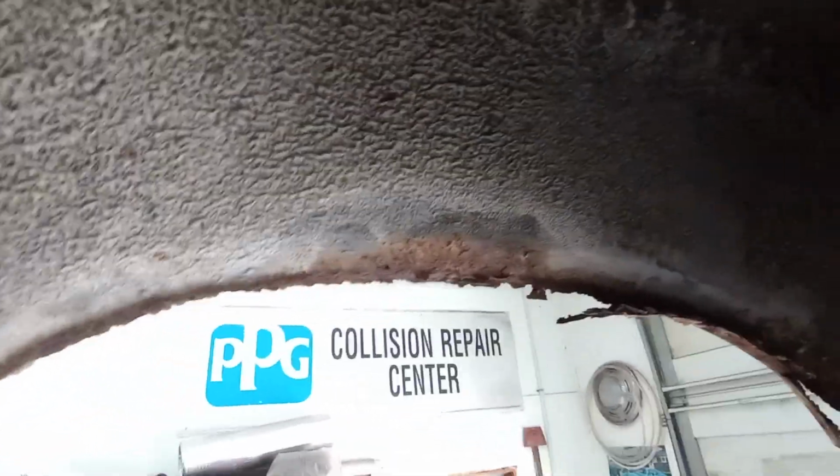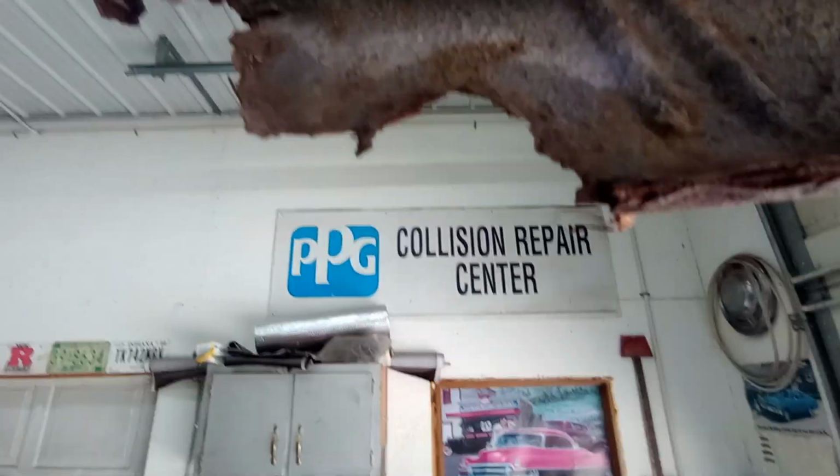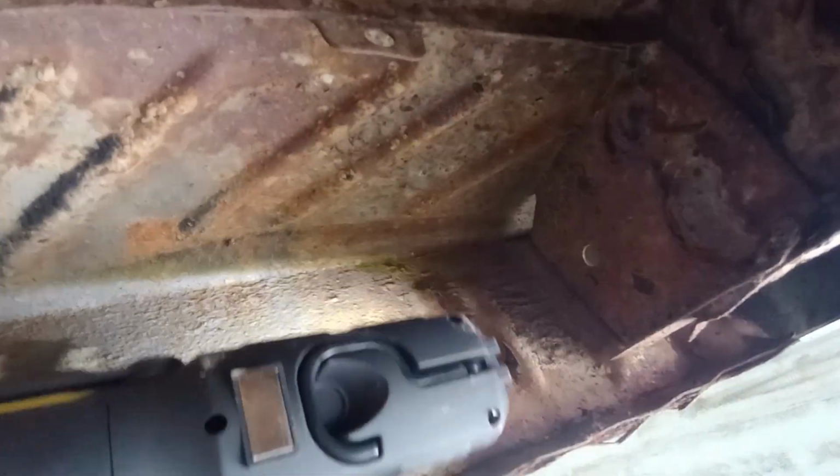I'm going to try and get in. This is the inner side of the outer wheelhouse. Get as much as I can here, and then we'll have to go behind the axle. There we go. The fender extension or the trunk extension coming down. It's all there, but the front's gone, rotted off. This here looks like it is going to be a hole